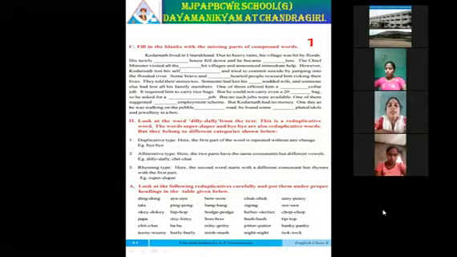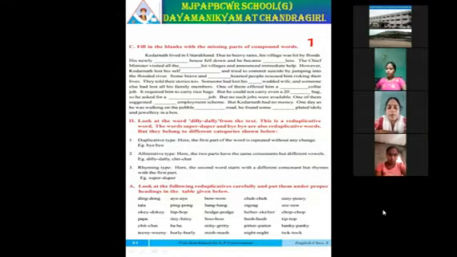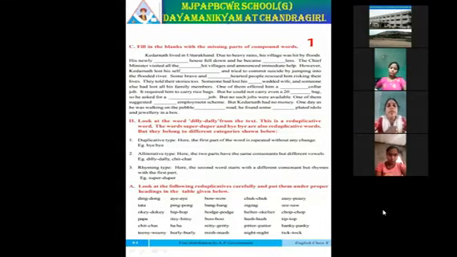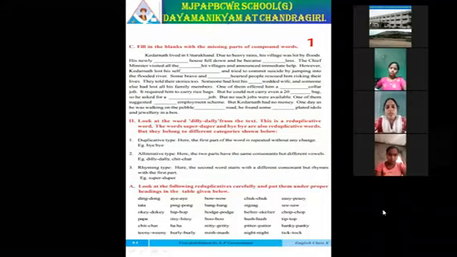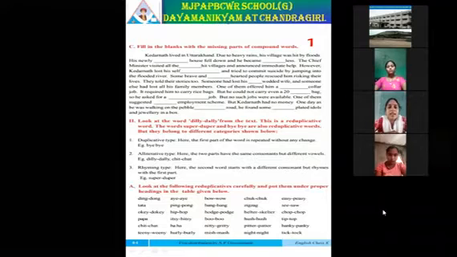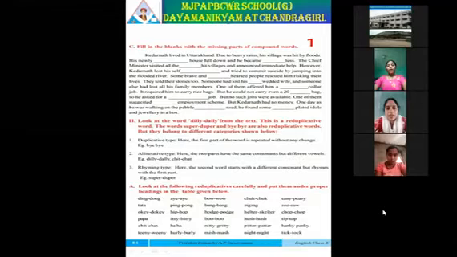So here we discussed three types of reduplicative words. The first one is duplicative words: the same word is repeated without any change, no change in vowels, spelling or pronunciation. Alliterative type means the vowels are changed, only vowels, while consonants remain the same. The third one is the rhyming type, in which consonants are changed but vowels are the same.